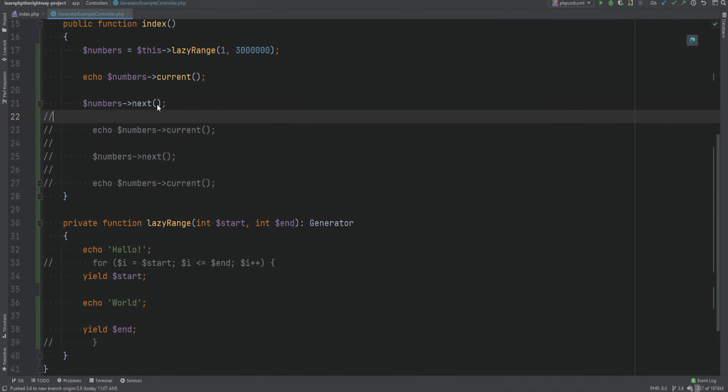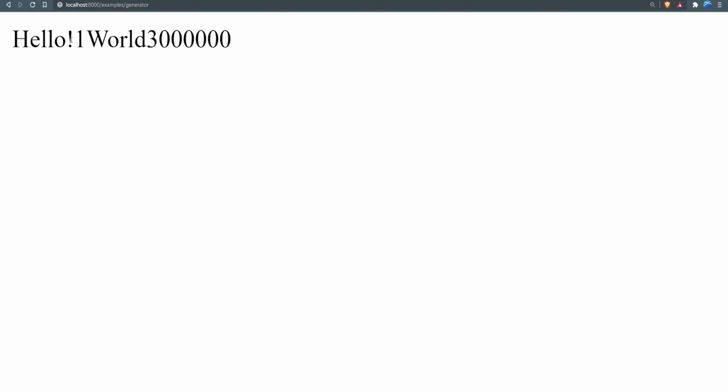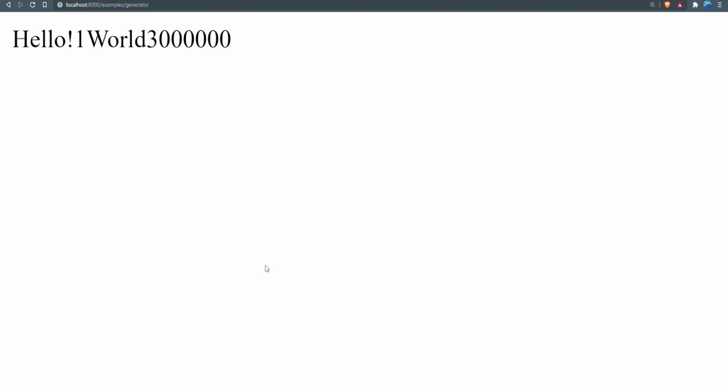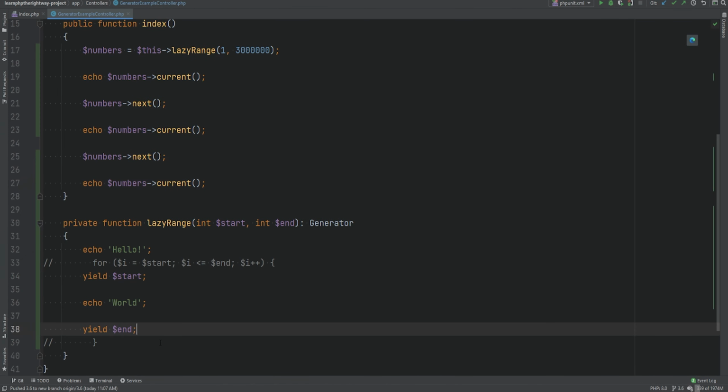We're going to uncomment next and uncomment the echo statement. We'll refresh and we have hello, 1, world, and 3 million, which is expected, right? Let's uncomment this code and see what happens next. And as you can see, nothing gets printed because we don't have any more yield statements or any other code